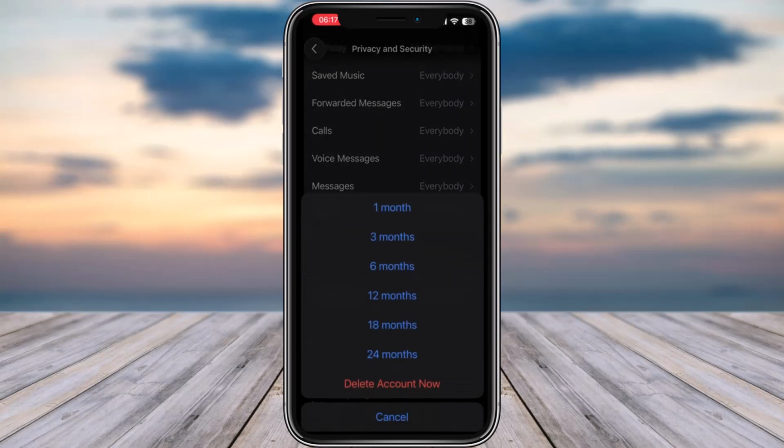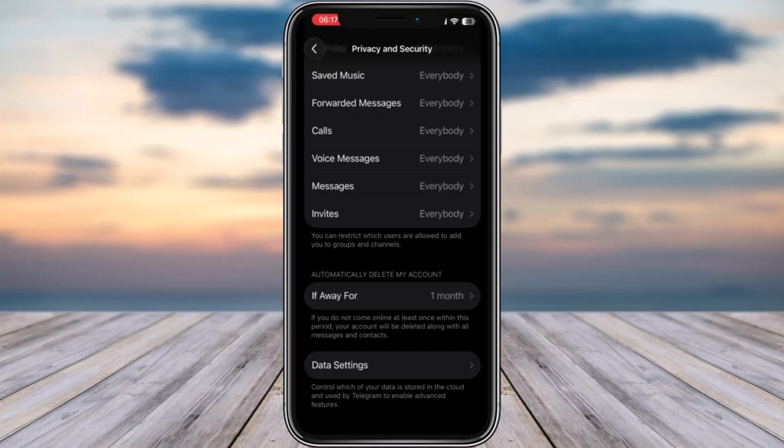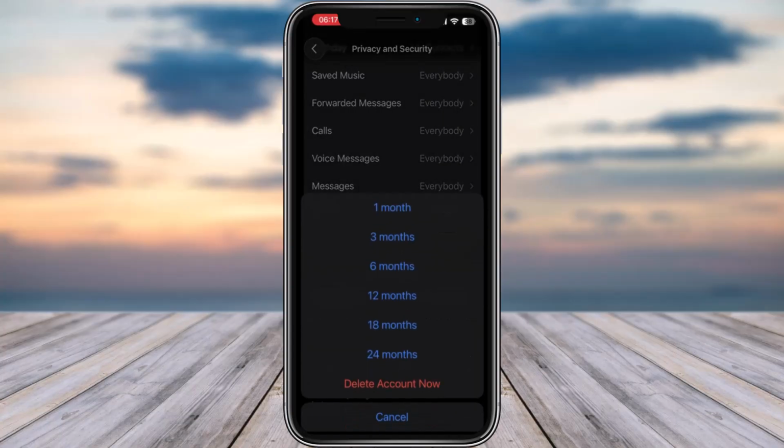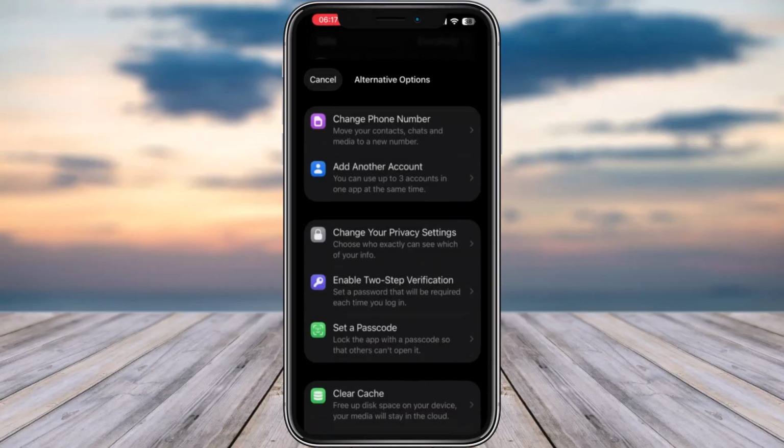So if you choose 1 month, and if you're away for 1 month from your particular Telegram account of use, your account will be deleted automatically. But if you want to delete it right away, tap on delete account now